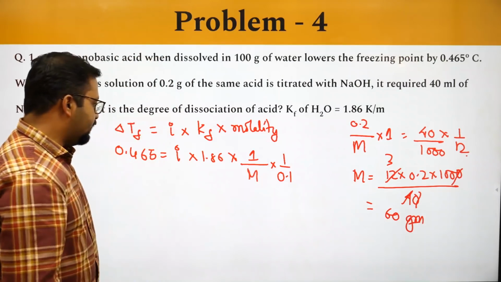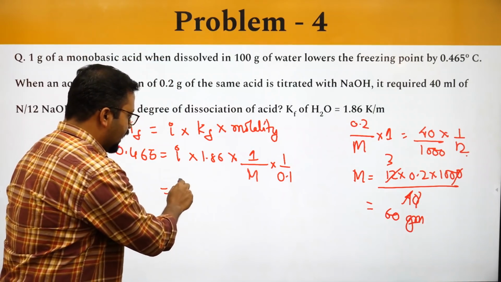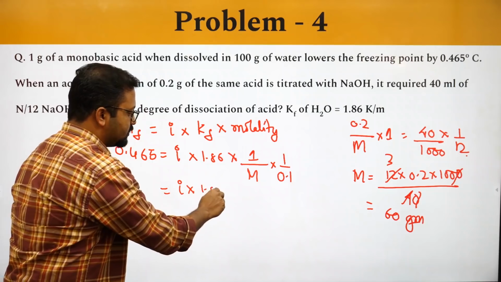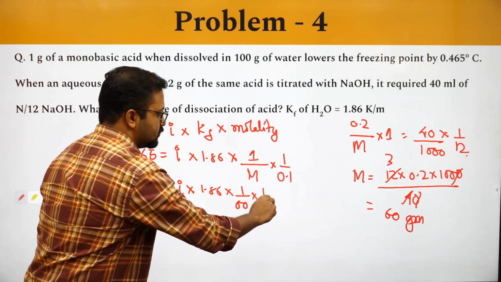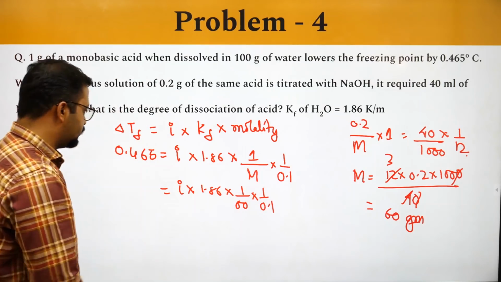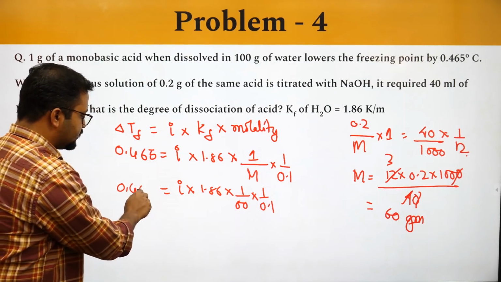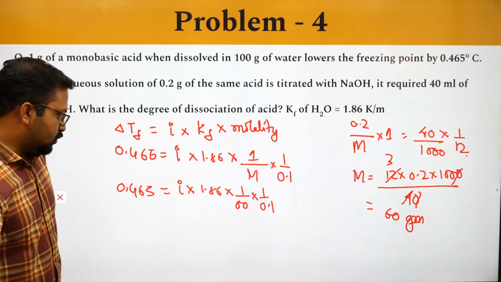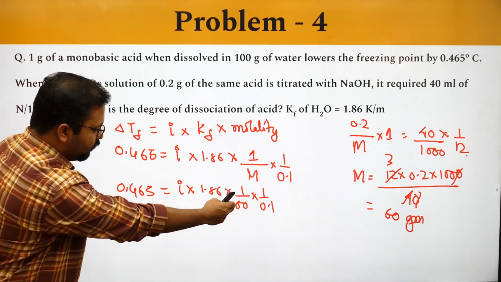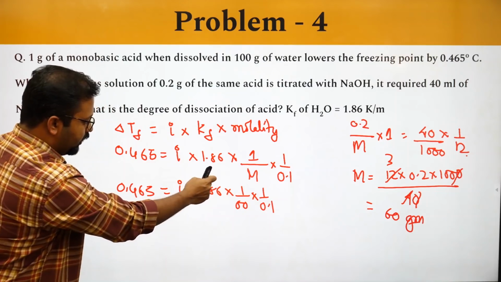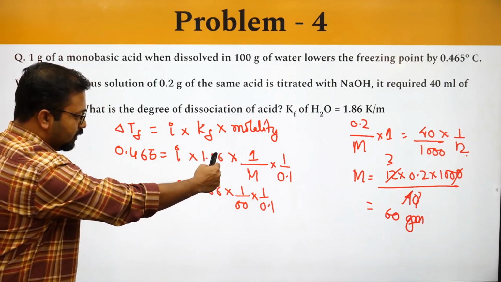If I incorporate that value over here, so i times 1.86 times 1 by 60 times 0.1 is 0.465. So this will give me 1.31